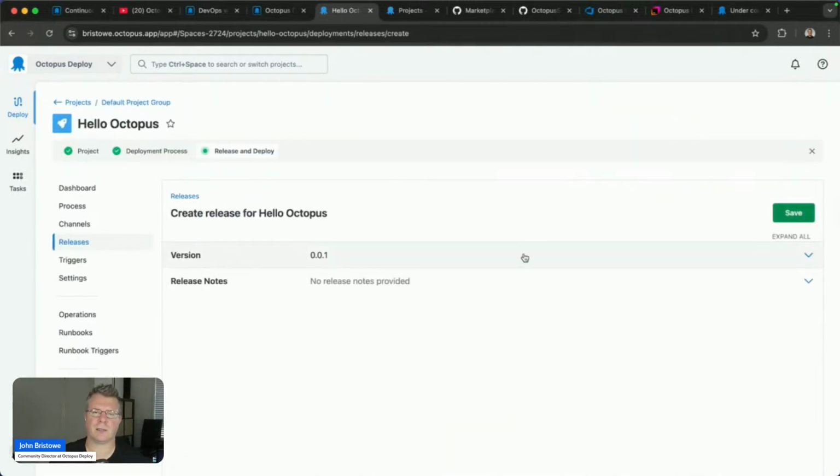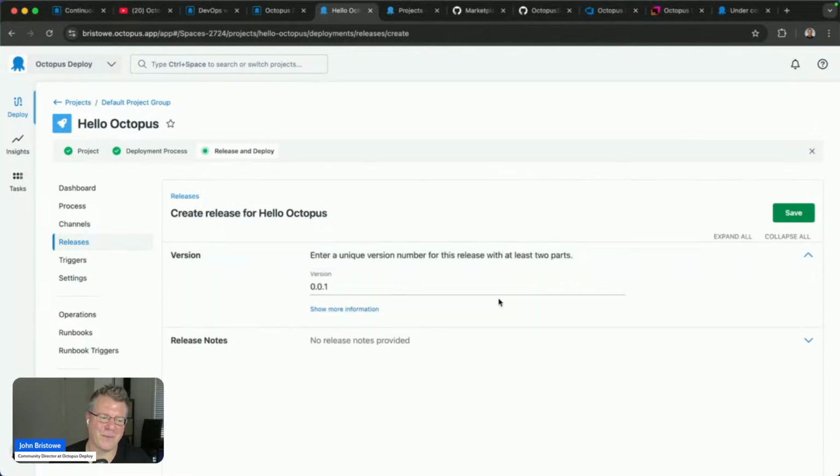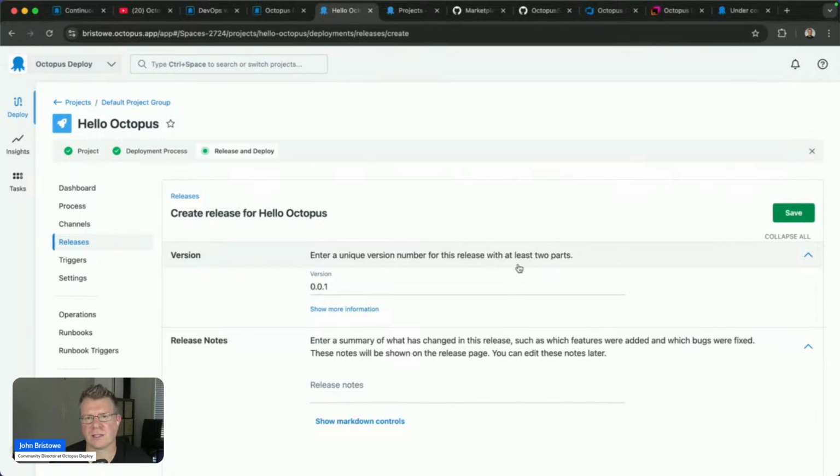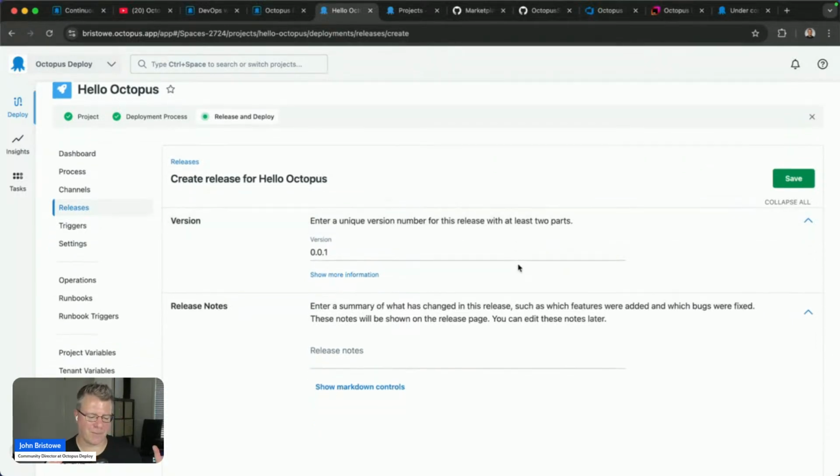So a release is basically creating a snapshot. It's not actually deploying the bits to your servers. It's defining what's called a snapshot. And the reason why this is important is because snapshots are like a point in time. They're a state in which you have defined a deployment, and it allows you to incorporate as part of that all the packages, all the variables, everything that you need to know about that release so that it can be easily rolled back, which is automatically built into Octopus. In addition to that, you can also have it migrate. So it's a really important capability, this notion of defining snapshots.